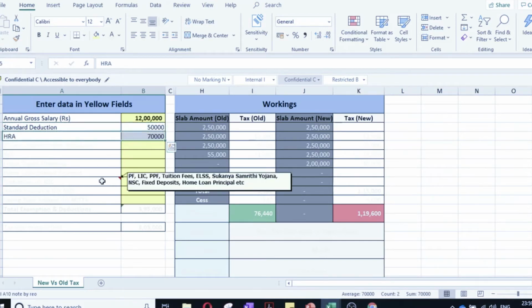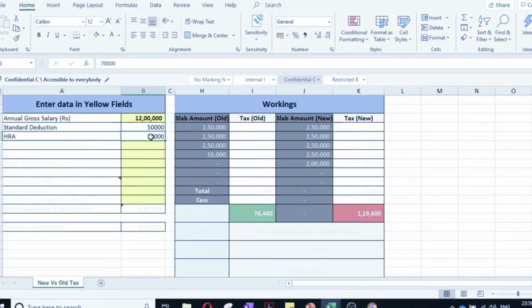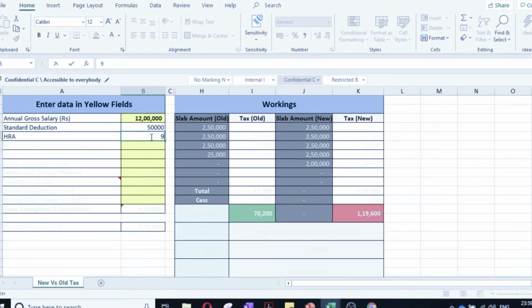Next will be HRA. HRA you can claim up to 1 lakh without a PAN number. If you are claiming HRA, that is house rent allowance, above 1 lakh, you should have all the documents from the house owner, like his PAN card where he is staying, and a rent agreement with revenue stamp, his PAN number, that will be recorded by your office. But below 1 lakh, there is no need of a PAN card or anything.